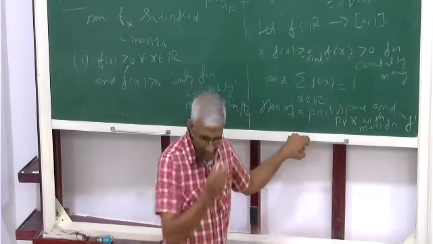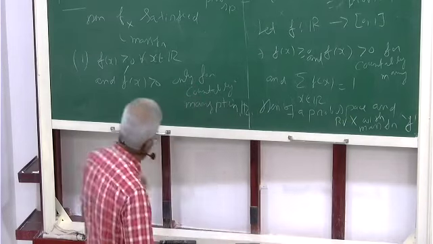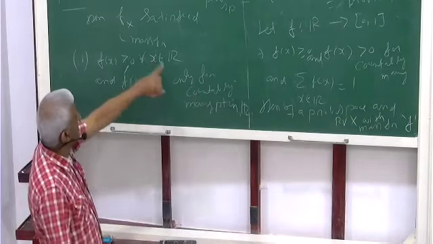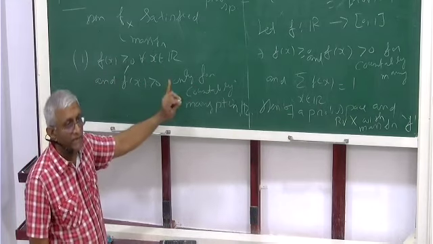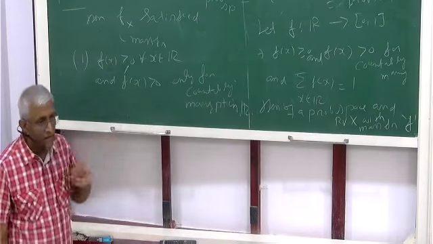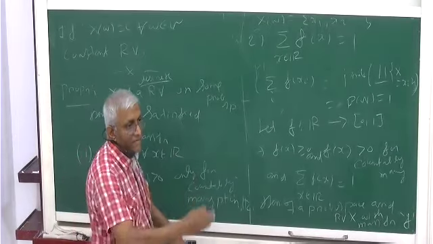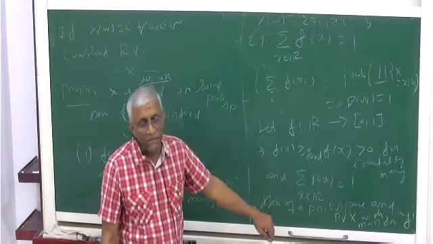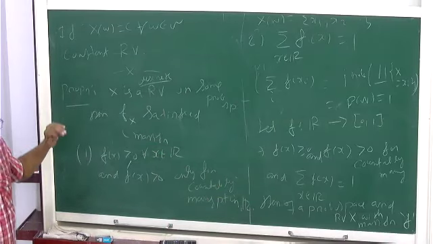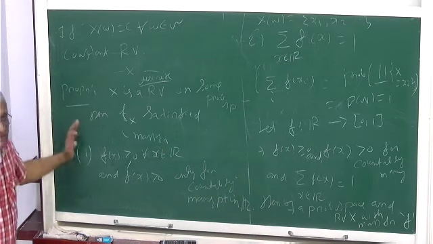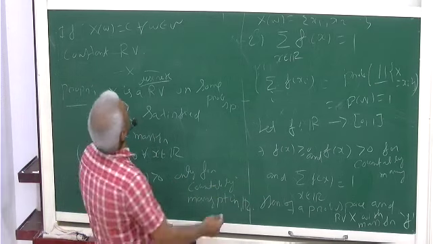When you have a random variable, it is defined on some probability space. When you have any mass function, it satisfies those two conditions: it is greater than or equal to 0, it is strictly greater than 0 only for countably many points, and its sum is 1. Then there exists a probability space and a random variable defined on it whose probability mass function is this f. When any function satisfies this property, it is actually a probability mass function of some random variable. That's all. So the proof is easier than the statement.